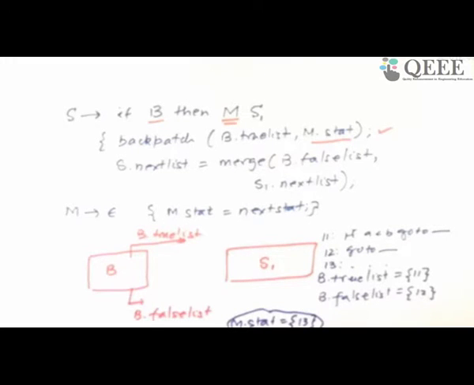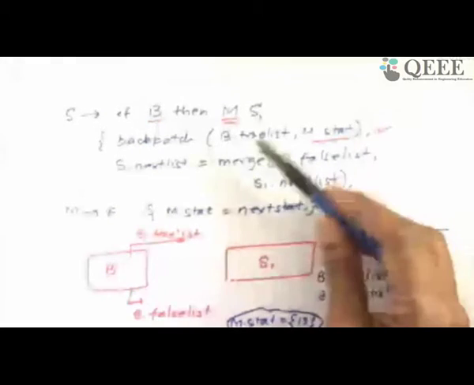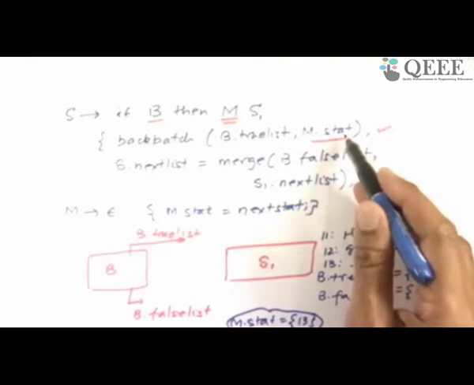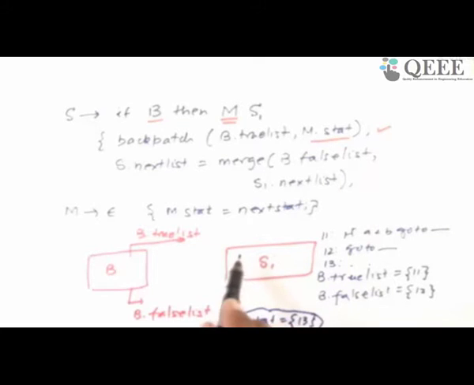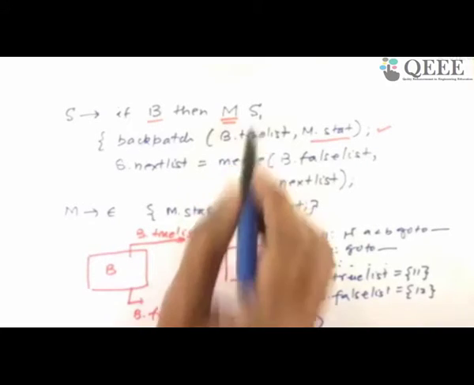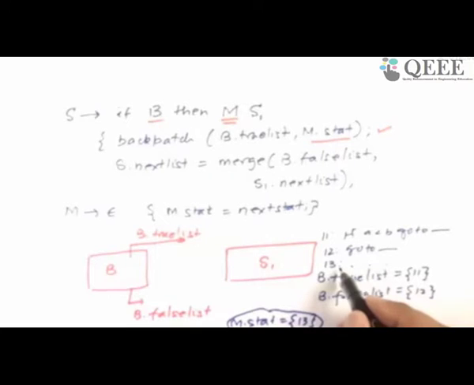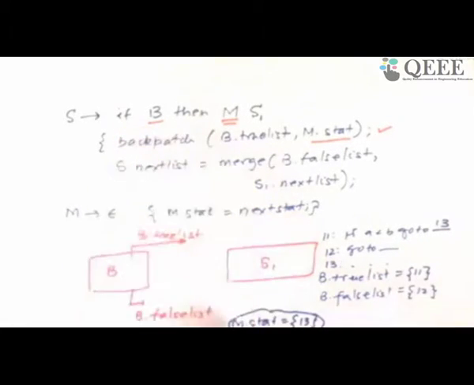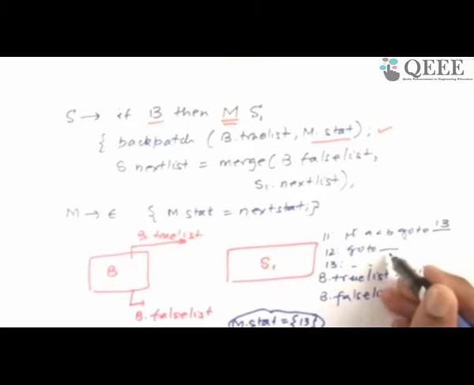So what is it saying at this point? Backpatch B.trueList, which happens to be 11, with M.stat, which is the first address from where the statement S1 gets assembled, which is 13. So please put 13 here, and this is backpatch, right? So the first function basically connects the if to its then part. The code is here. What happens to the false part, which is 12? Well, I don't know where it should go.